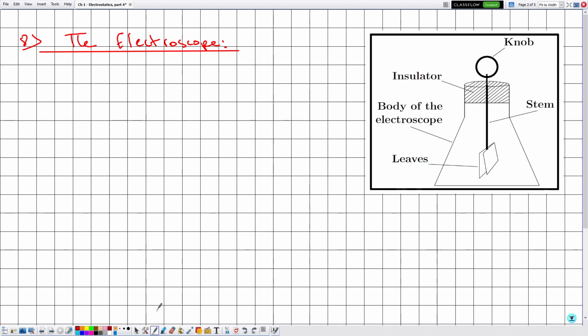Now remember that previously whenever we electrified either the ebonite rod or other objects, the evidence that these bodies are electrified was that we try to attract small pieces of paper. If they are attracted, then these bodies are said to be electrified. But as we know, this method is not practical in any sense, so for this reason they have invented